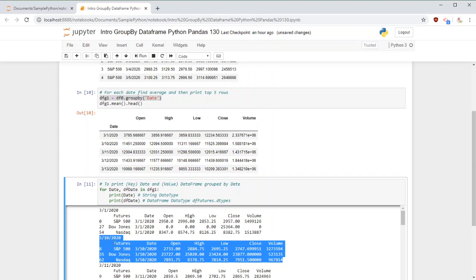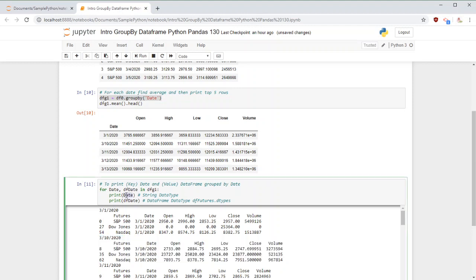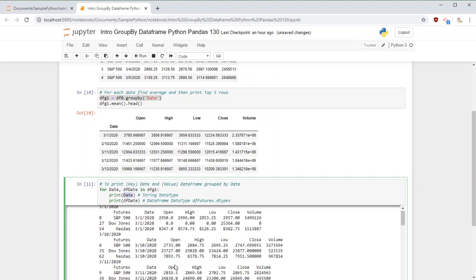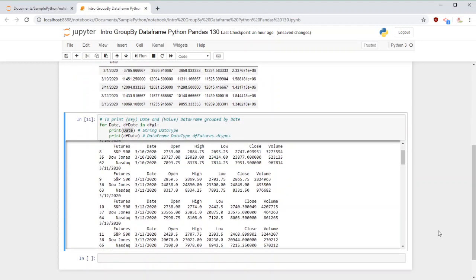The reason is this date parameter is not a timestamp, it's a string. When it's a string, it sorts the strings, and after 1 it takes 10, then 11. Anyways, let's not go into that now. So now we are able to loop in a for loop over this data frame groupby object, identify the string which is the date, and identify the data frame. Once we have this, it is something like a key value pair. Given this key, you can get the value out of it, right? So how do we do that?